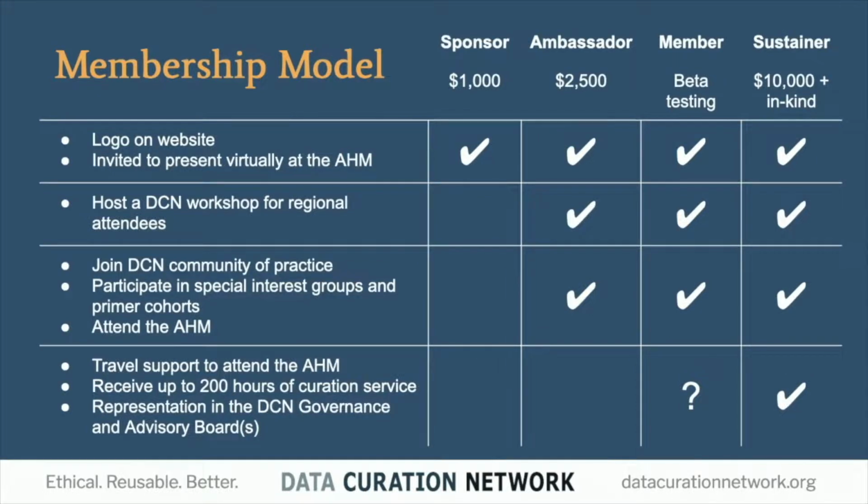We also are experimenting with other ways for institutions to get involved. We are currently represented by a lot of larger institutions, maybe more well-resourced or more well-staffed for curation. What would that look like for an institution that has just one person doing data, or zero people working on data curation, and really wants to become a part of this network? So we are beta testing a different member tier that would allow for working with the network, but maybe not with the same kind of staffing commitment or even the curation aspects at all. The ambassador tier is really where